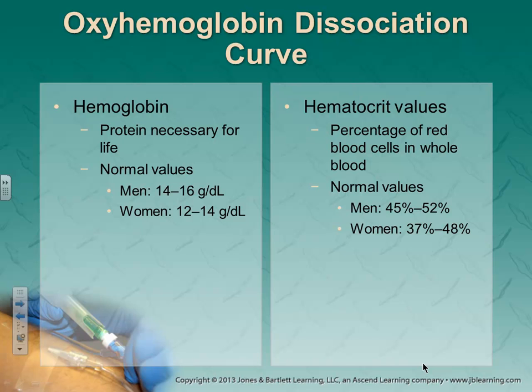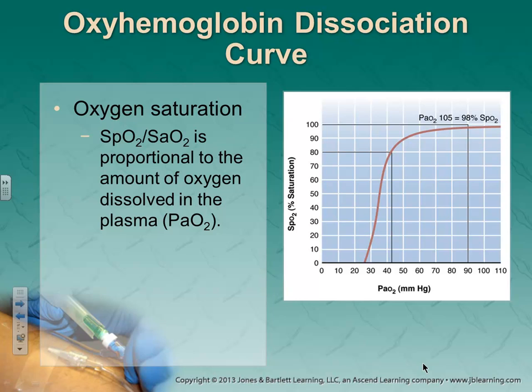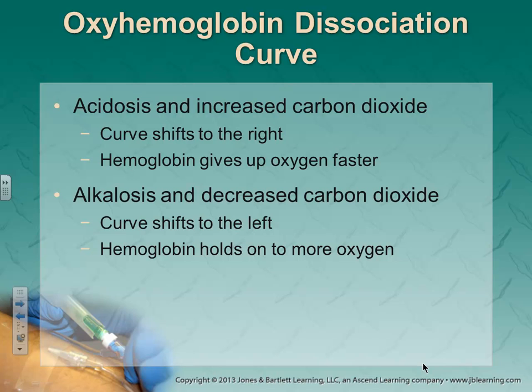Hemoglobin, what does it do? It carries oxygen. It's a protein bound to what? Red blood cells. And then the hematocrit is going to give us the percentage of red blood cells in whole blood. So if we've got a low hematocrit, we're probably going to have a low what? Hemoglobin. All right? This oxyhemoglobin dissociation curve, just go back and read into that. I don't want to spend all day looking at all this again. The biggest thing that we need to remember, and we're going to get to acid-base balance in just a minute,